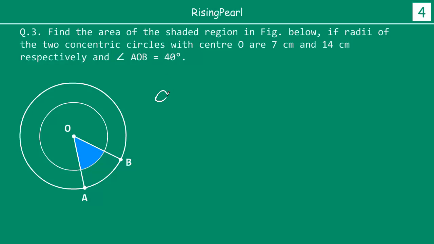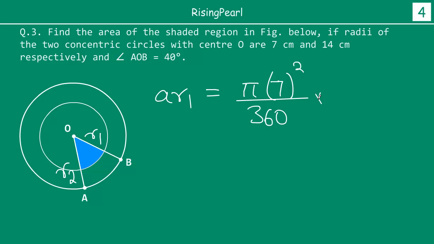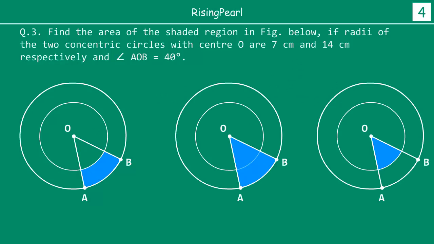We are calling the smaller circle 1, R1, and the bigger circle 2. So let's call this area AR1. It will be equal to pi r square by 360 times 40, where r is 7 for the smaller circle. So now our final area, which is equal to the bigger one minus the smaller one. So the desired area